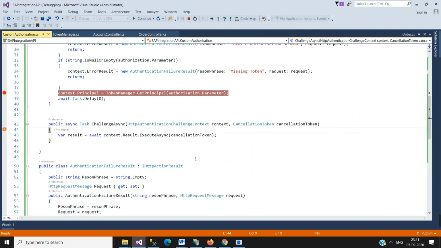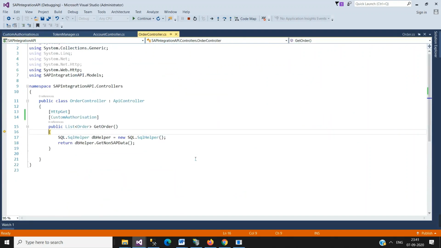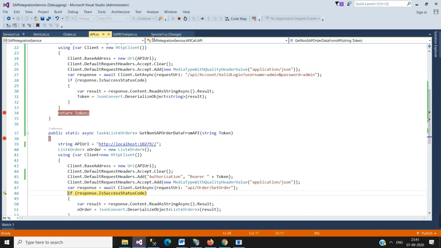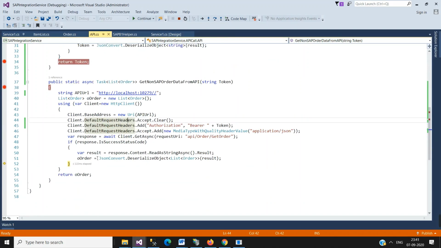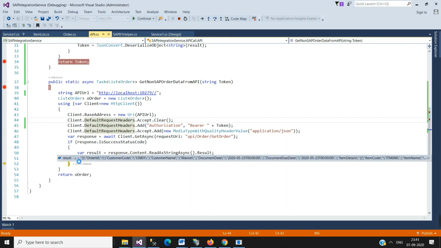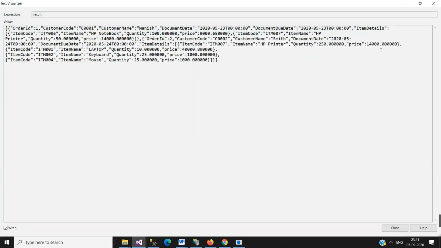We are now in the API. The result will return. Let me continue, and here you can see we are getting a list of orders. You can see it is JSON, so we are getting the JSON response.